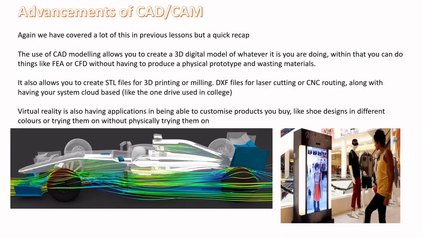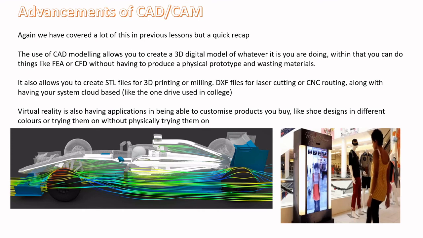So then you've got the advancement of CAD and CAM. We've talked about this quite a lot as well. The use of ideas like CAD modeling lets you create a 3D digital model of whatever it is you're doing. So then you can do things like we talked about, finite element analysis and computational fluid dynamics, to digitally test a product rather than physically test a product, without wasting materials and that sort of thing. It allows you to create things like STL files, which you can use for 3D printing and milling, DXF files that will let you laser cut and CNC route,